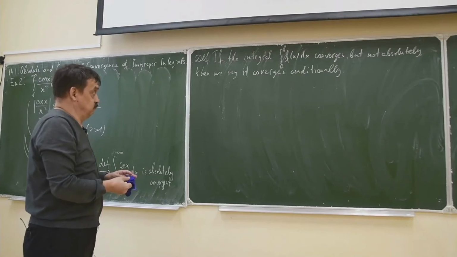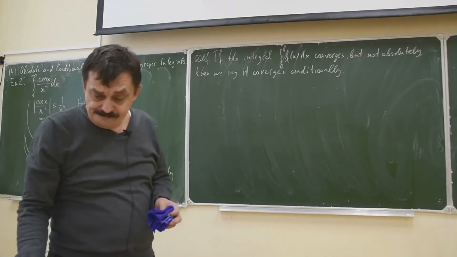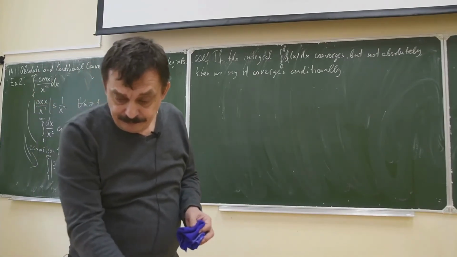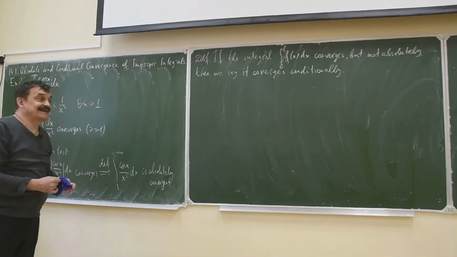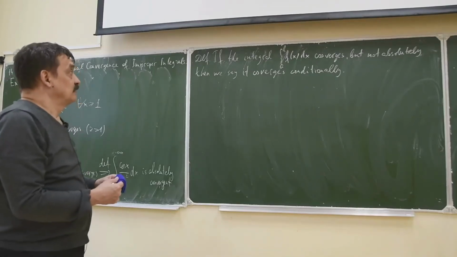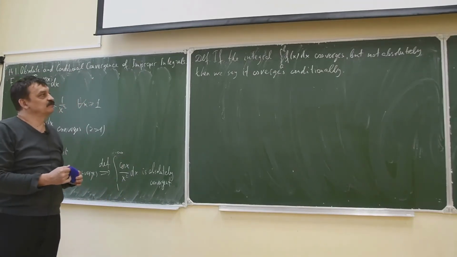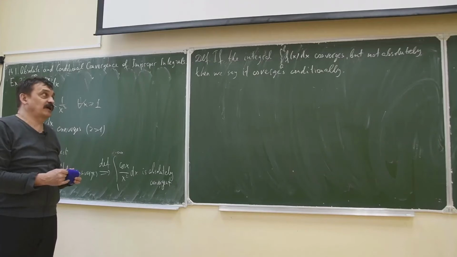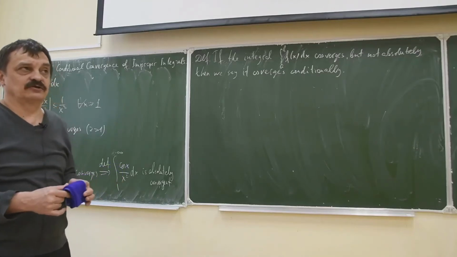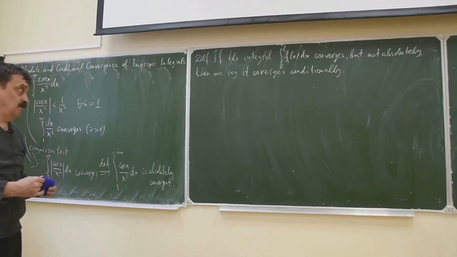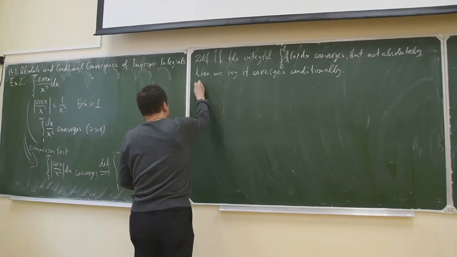Okay. And how can conditional convergence be proved? We need a tool to prove convergence of an integral if we don't care about modulus. It means we cannot use the comparison test. Then what we'll use is called the Abel-Dirichlet test. So Theorem 1,